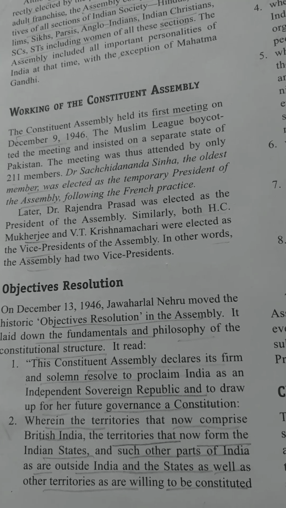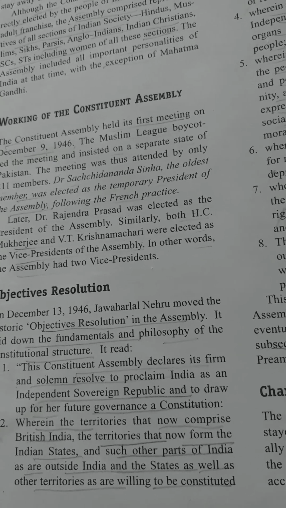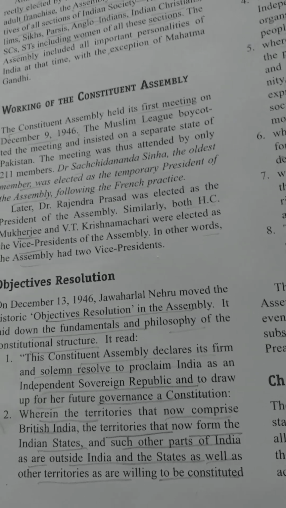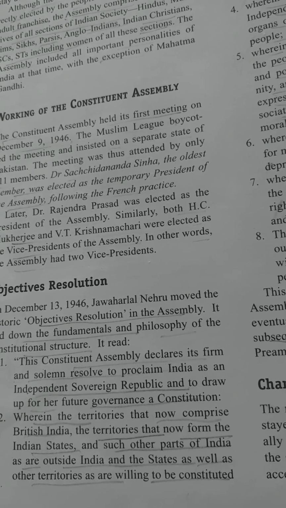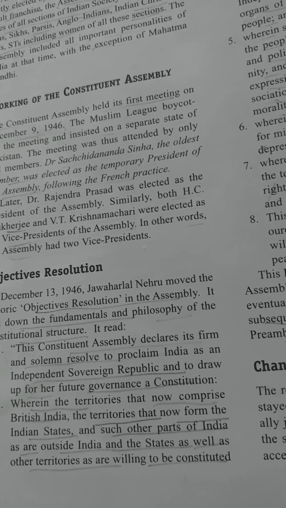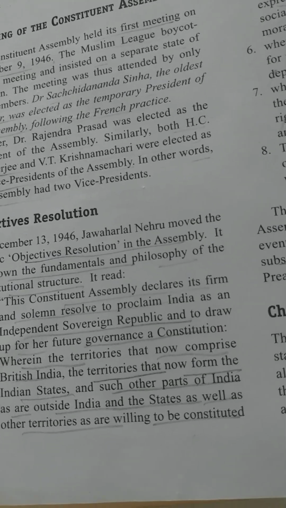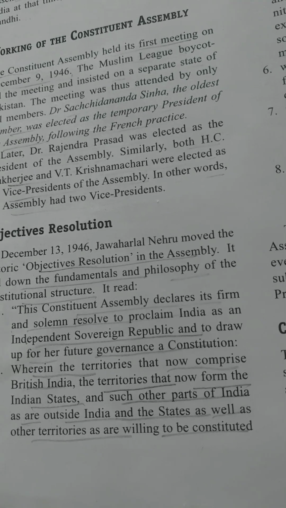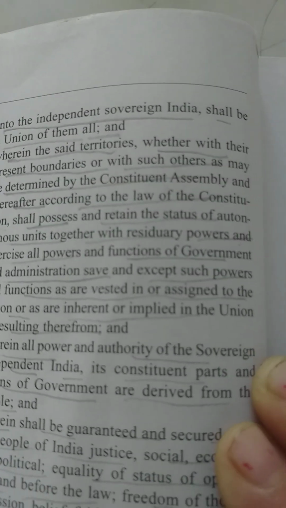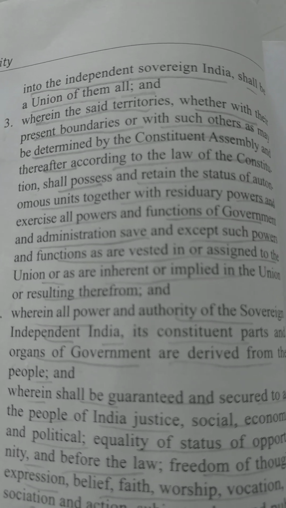It read, "This Constituent Assembly declares its firm and solemn resolve to proclaim India as an independent sovereign republic and to draw up for the future governance a constitution wherein the territories that now comprise British India, the territories that now form the Indian states, and such other parts of India as are outside India, and the states and other territories as are willing to be constituted into the independent sovereign India shall be united of them all, and wherein the said territories,